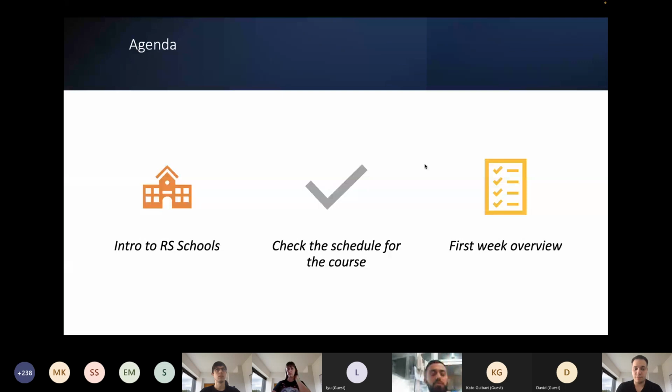We're going to get a brief overview of what the Rolling Scope School is, and an overview of the schedule of the course and the roadmap of the first week.